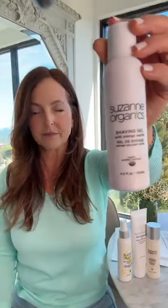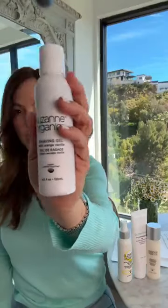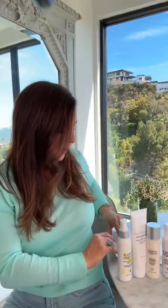Let's talk about shaving. If you know about our shaving gel in the wild orange vanilla, this is an incredible product. It gives me the most beautiful, clean shave. It moisturizes the skin. It gives your skin that slip that you need to get the razor close, but it doesn't strip your skin. If you're using chemical shaving creams, and this goes for all of our men too, you're at the most sensitive part of your skin when you're shaving. Think of how open those pores are. We do not need chemicals absorbing into our skin at that point. So when you use our shave gel,